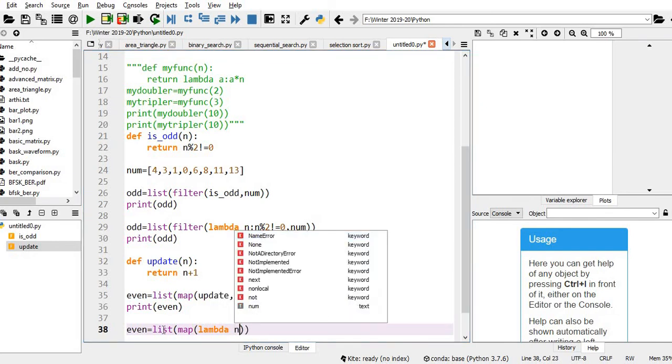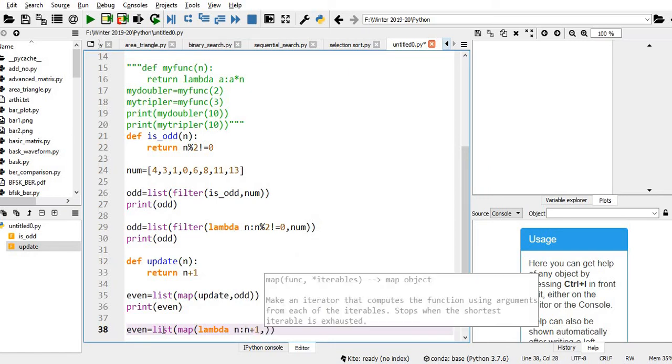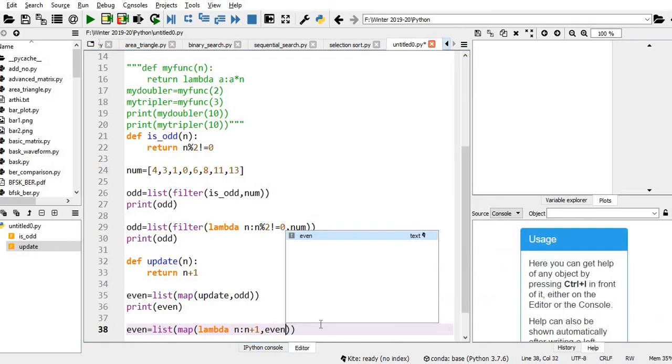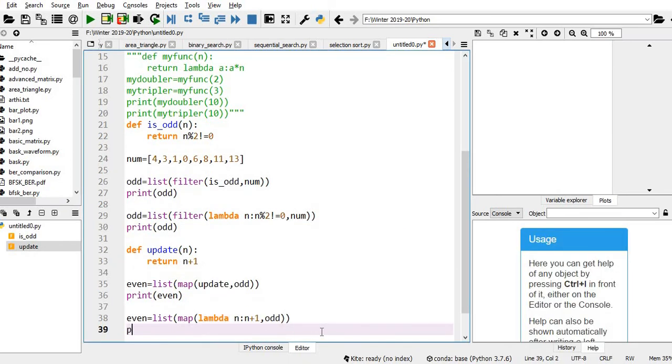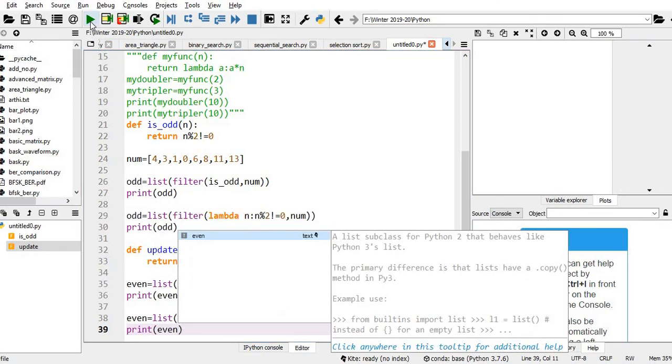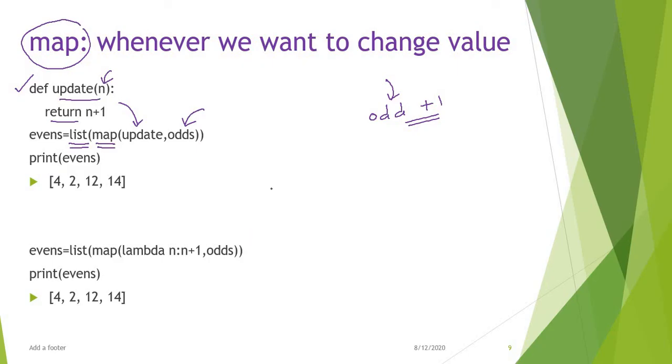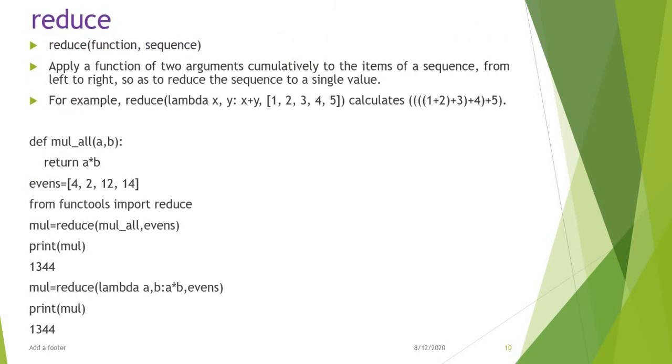The input is n, the expression is n+1. The iterable is odd. So print even. You just see I'm getting the same output. So in the map method also we can use a lambda function.